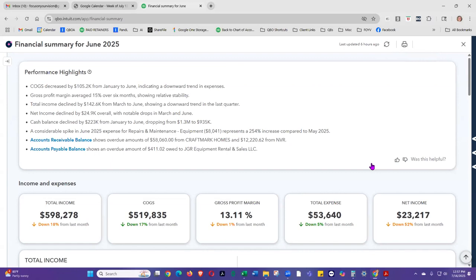It can't be added to a report. But I just want to point out that cost of goods decreased, and then we also look at income, which decreased. So it makes sense, since this is a home builder. Interest rates are still too high, so there's a ripple effect. And he knows all this stuff, but what's nice is you've got this little summary, and then you've got these different little